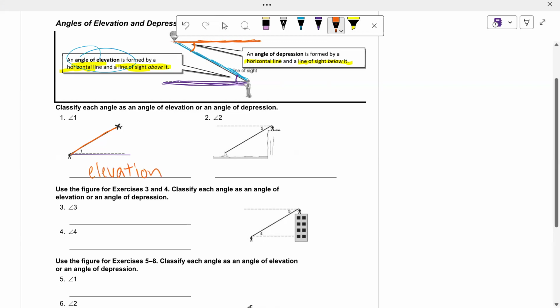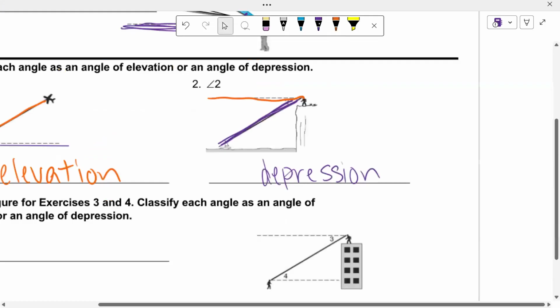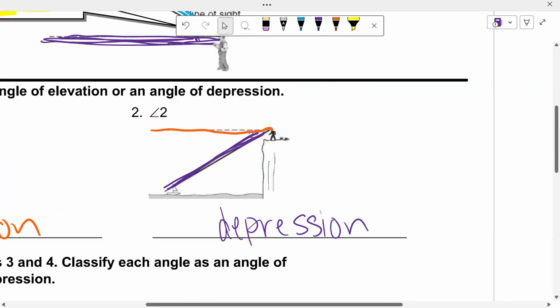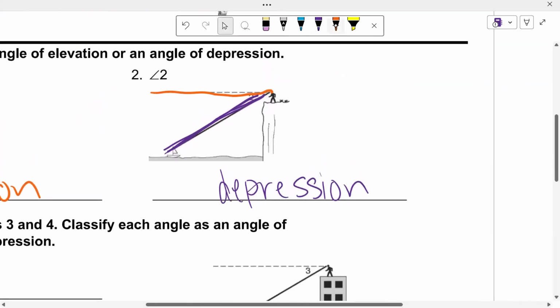Okay. In this case, we have a horizontal line. And then our second line is our line of sight. Okay. It's going to be the angled one. And that is going down. Okay. So this is going to be depression. All right. Now, with this, if we had this triangle right here, okay, this is talking about this angle. So if we have this triangle,